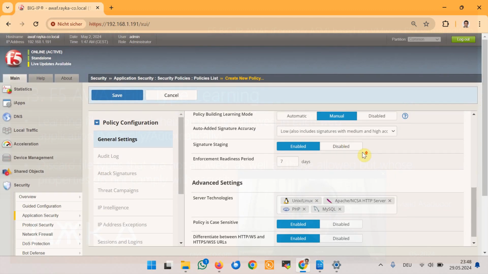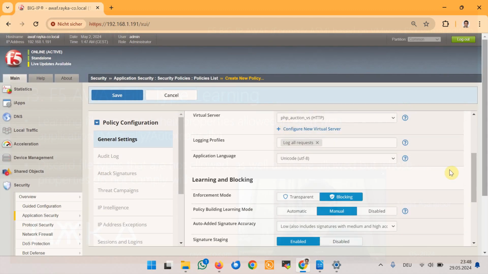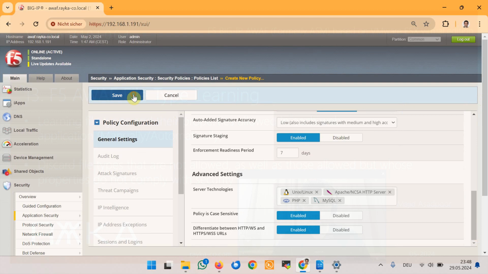And we have applied it to the virtual server PHP auction or Hack It Yourself web application, and then we will